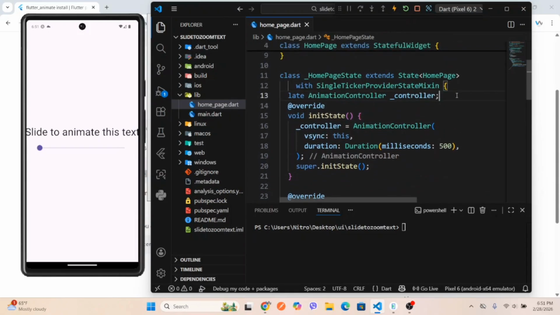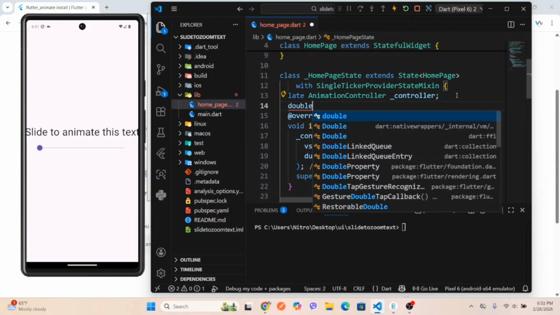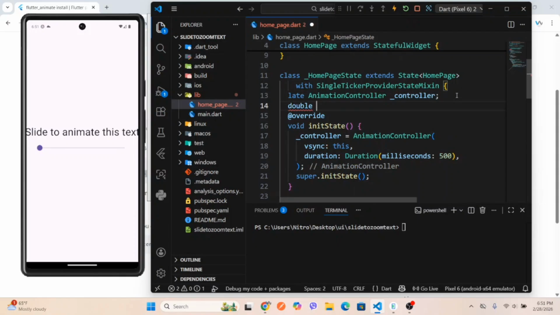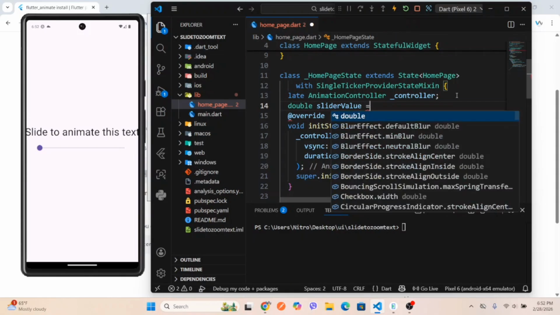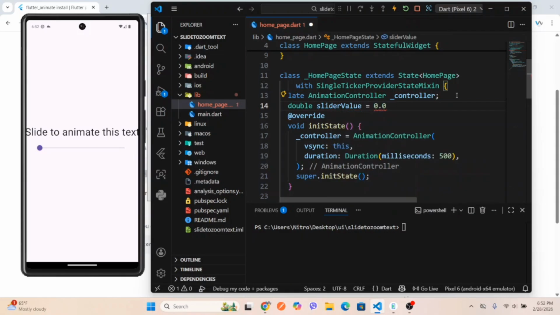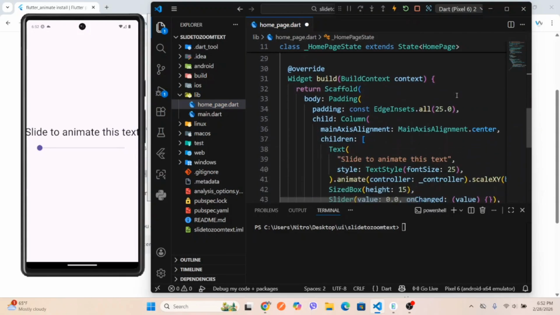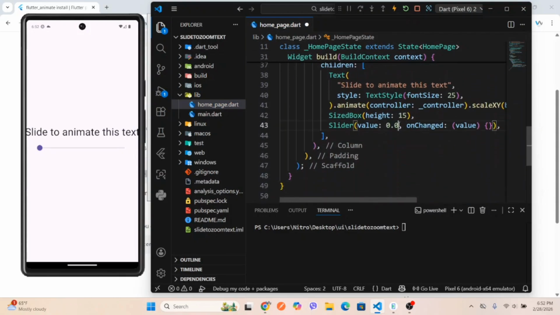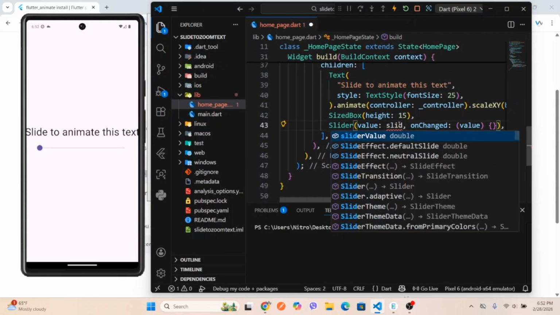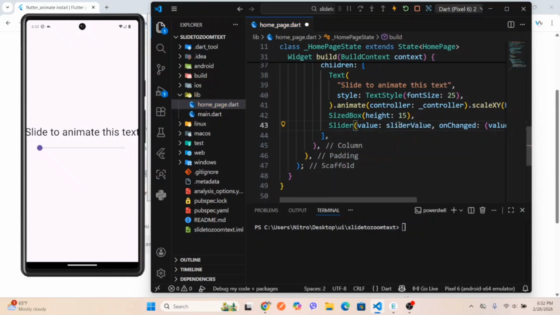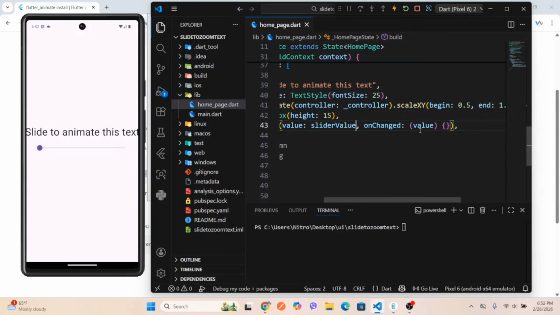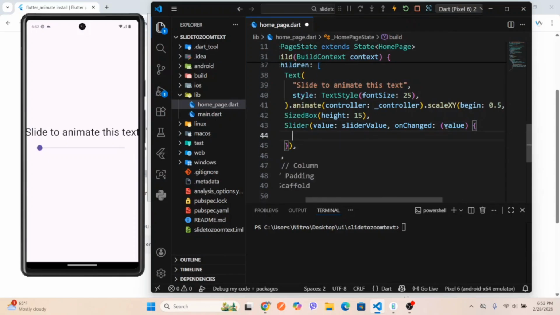So here let's initialize a double, let's say double sliderValue, to 0.0 initially, and give here sliderValue. Okay, this is going to give the new value. Let's give the slider value that value,